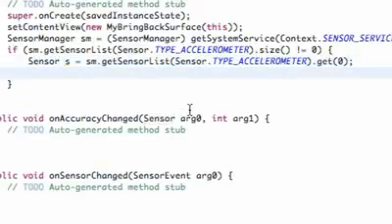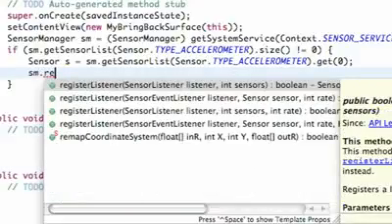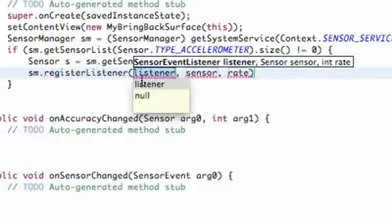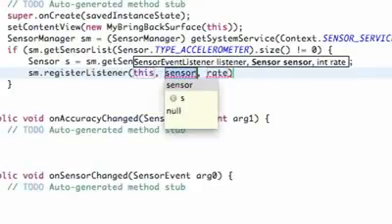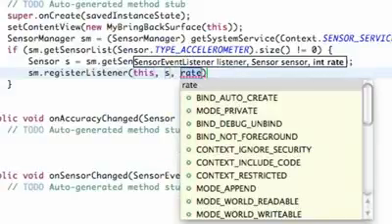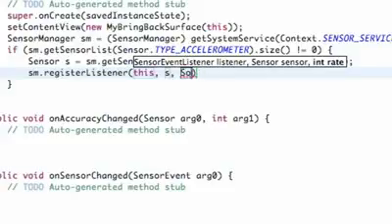So now we're going to register our sensor and our manager and all that stuff. We're going to refer to our sensor manager, and then we're just going to say registerListener, and we're going to choose this second option here, where we take a sensor event listener, a sensor, and an int for the rate. So for our listener, we're going to set this equal to the context of this, and for our sensor, we're going to refer to the sensor we just set up as S, and for our rate, we can refer to our sensor manager class,